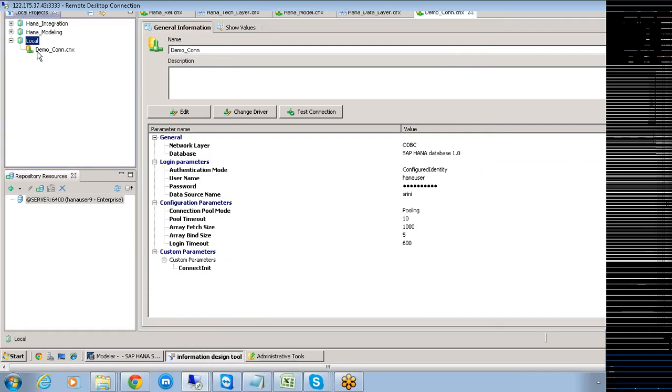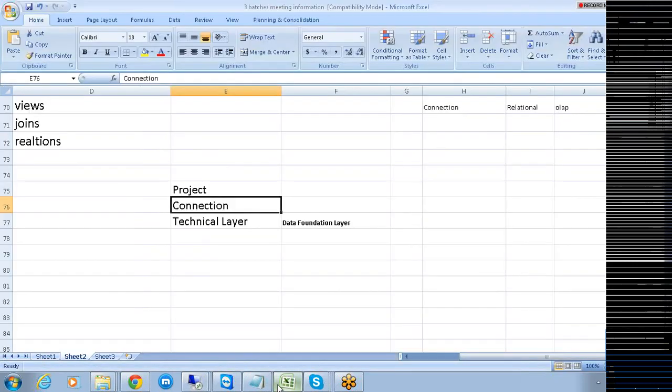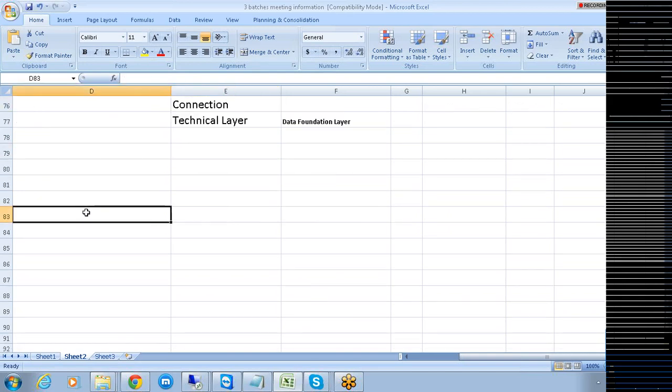Now, one thing let me tell you here, the connection you are creating here is basically a local connection. Let me spend some 2 to 3 minutes here to tell you what happens. When you create a local connection, you are the only person who will be able to access this particular connection.